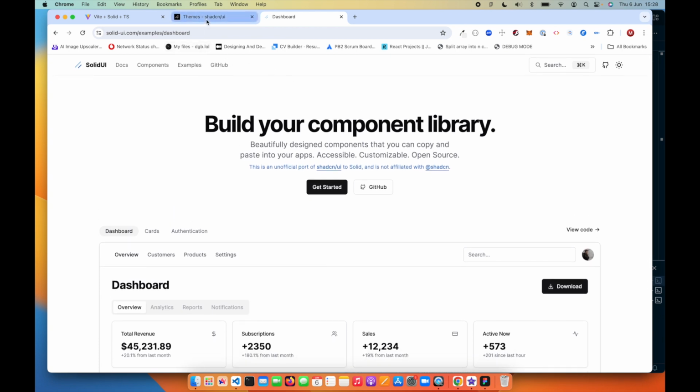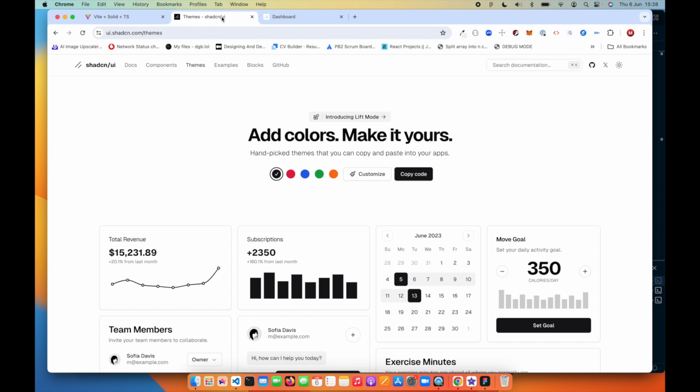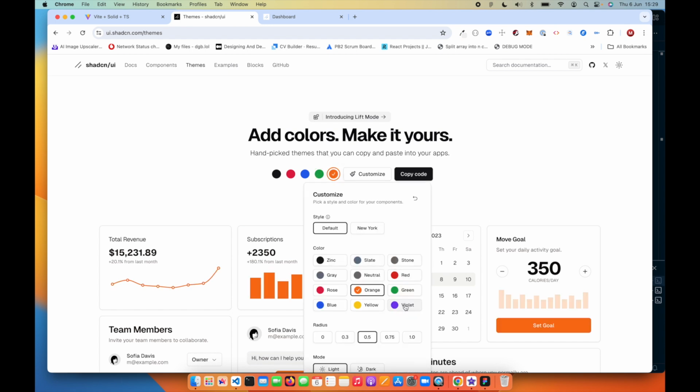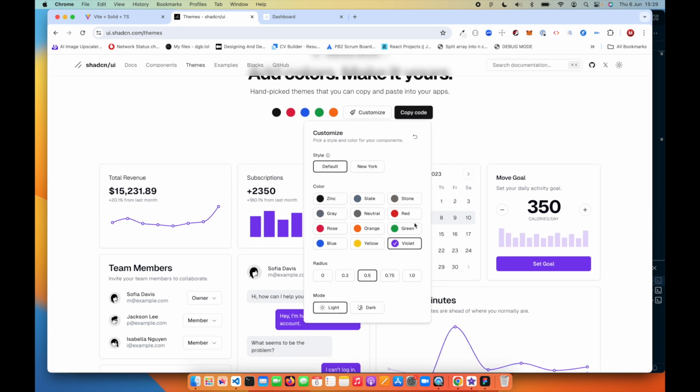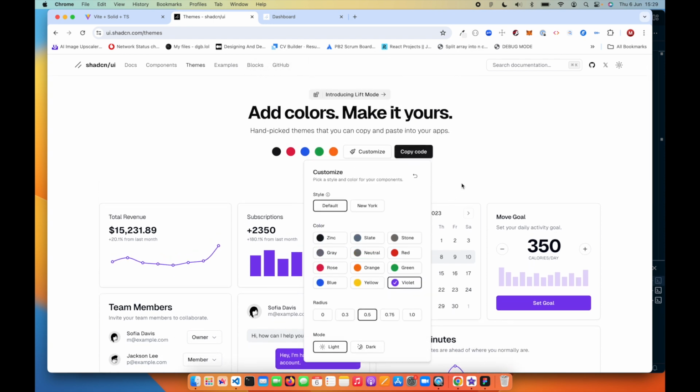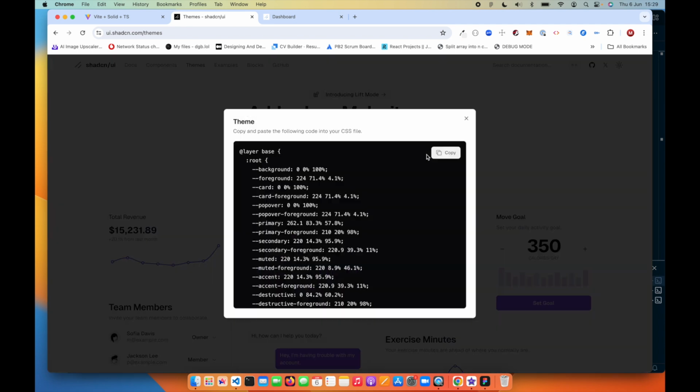So if we go to SHAD CN UI, you can see that we've got this themes page and we have customize. So you can choose different colors, or you can customize to that. So if I do that and then I go to copy code, I get this